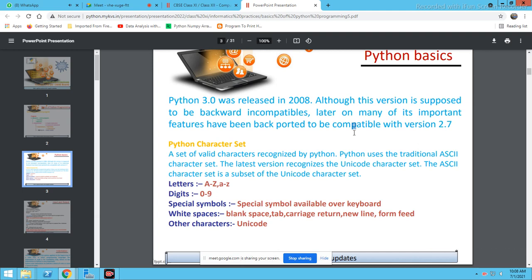Meaning this version was released in 2008, and firstly we were doing our programming in 2.7.